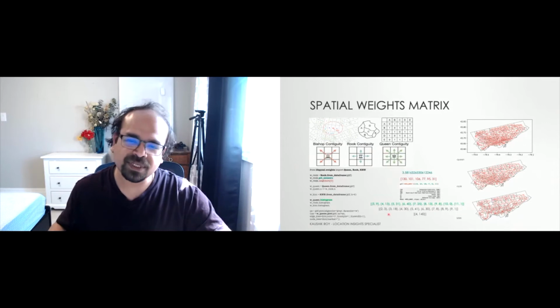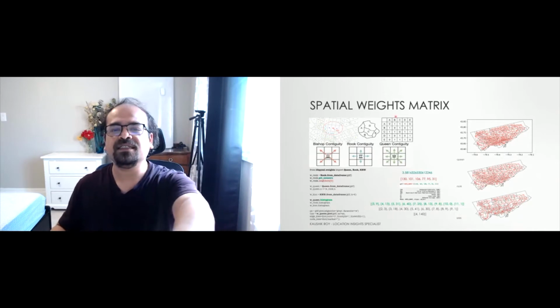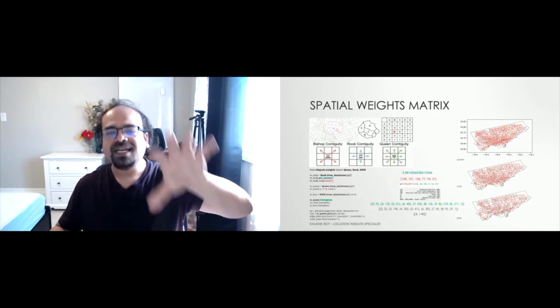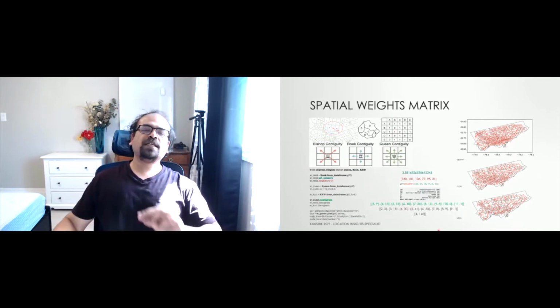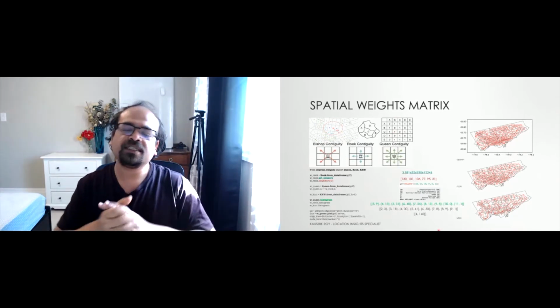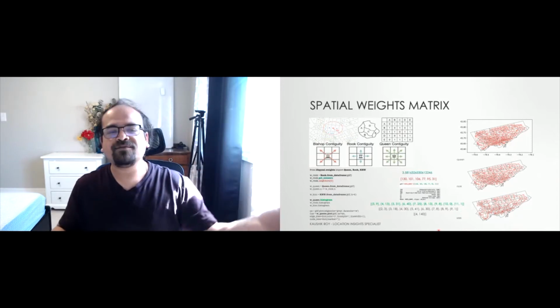It's as simple as that. There is a lot of material on the internet. You can go and check. But the concept is that it is just trying to encode adjacency in a certain form. So spatial autocorrelation. Spatial autocorrelation is just like temporal autocorrelation in that you have to have some variable and then